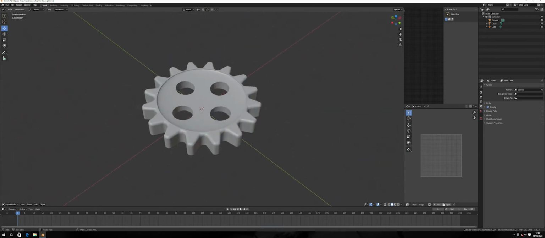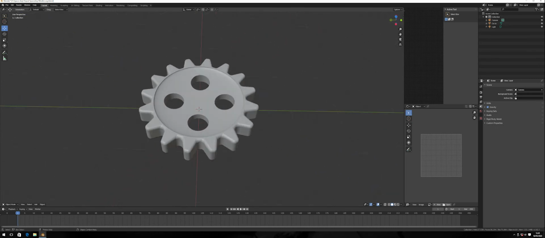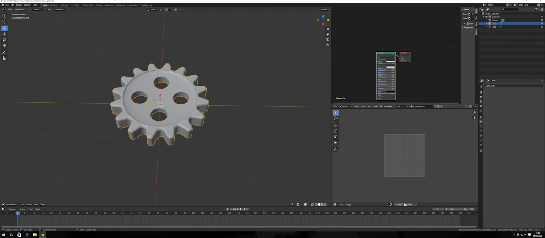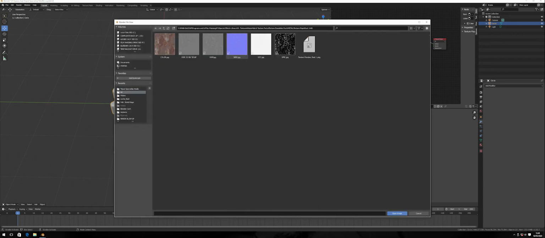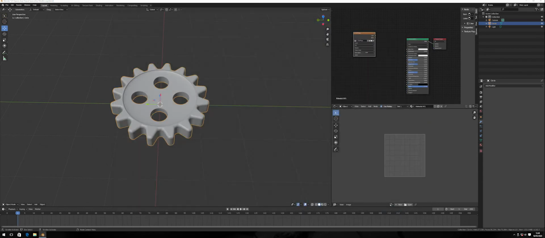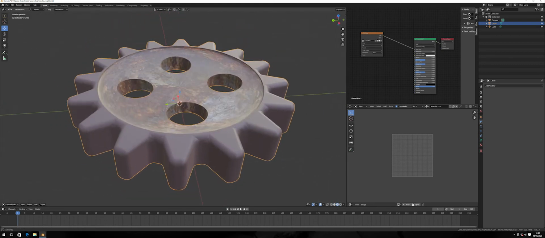What we're going to do now is add a texture to this, a rust texture. Click the object, new, add texture, image texture, and we're going to open that up. It's a 4K texture. We're going to add this rust one, so we click that, and we'll add that. We'll just put it into shading mode, not Cycles yet. Looks like we need to